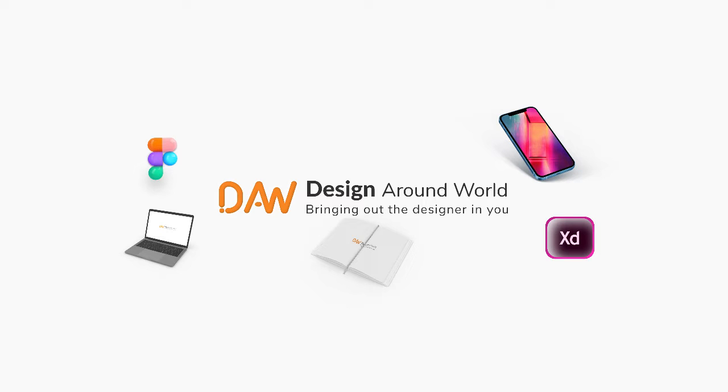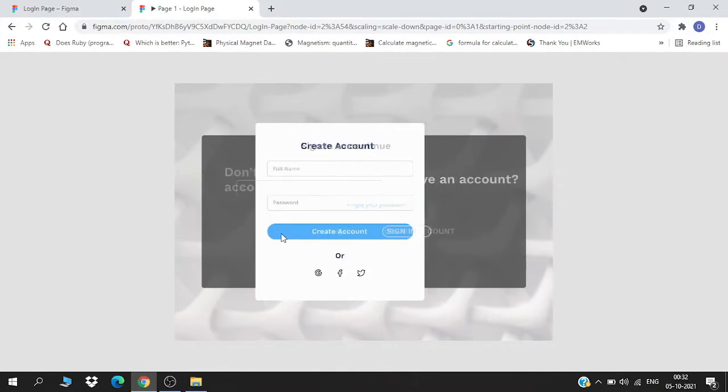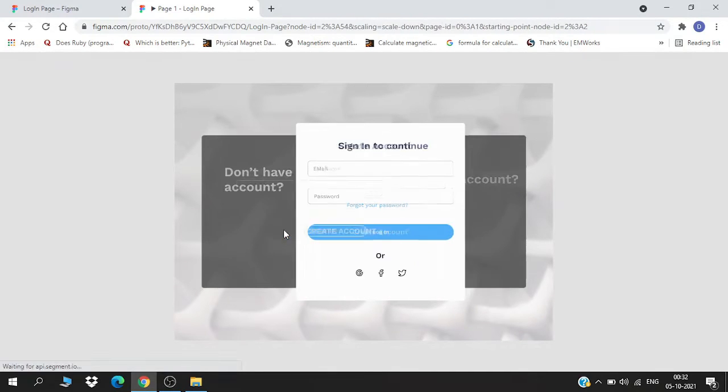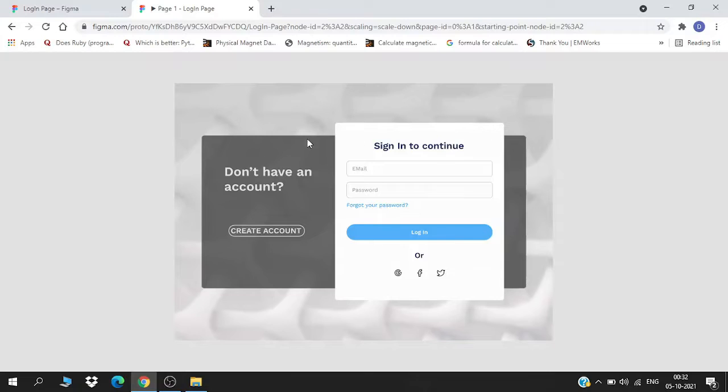So let's see what we are going through today. Today we are going through this amazing animated login page, as you can see on the screen, where we will tap on the sign in and create account page, and the entire block of creating account and signing will shift on either side. And in this design, along with the Smart Animate feature, we will go through the hovering feature, as you can see on this screen. While I'm taking my cursor on these icons, they are appearing bigger and in their actual form.